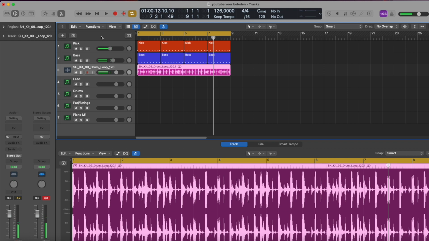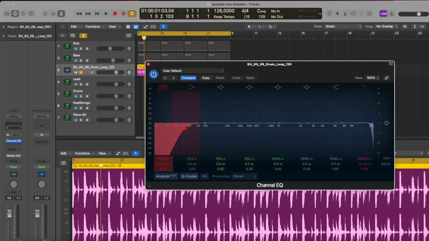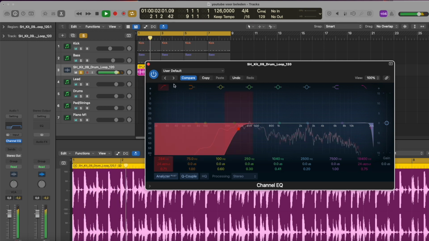It's a simple kick, bass and a drum loop, but as you can hear there is a kick in the drum loop. So I'm going to take that one out because I want to have more control over my own drum loop. You see,